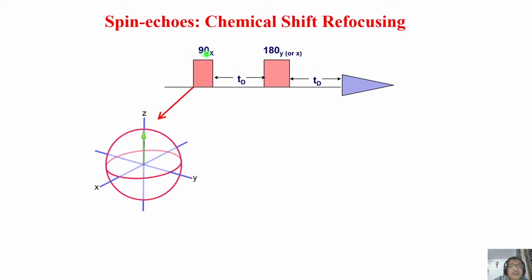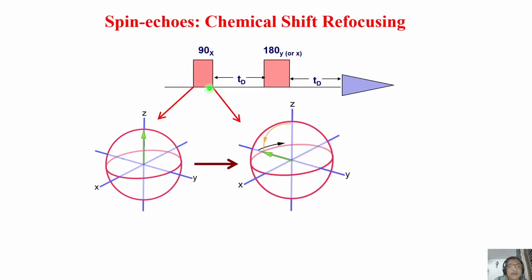Of course, just before the application of a 90-degree pulse, what is the status of our magnetization? It is in thermal equilibrium and along the z-axis. We understood the bulk magnetization concept. Please remember that bulk magnetization concept. Magnetization is along the z-axis. Fine. Now, I am going to apply a 90-degree pulse. What happens to that? This 90-degree pulse brings the magnetization depending upon where I am applying. I am applying the 90-degree pulse along the x-axis.